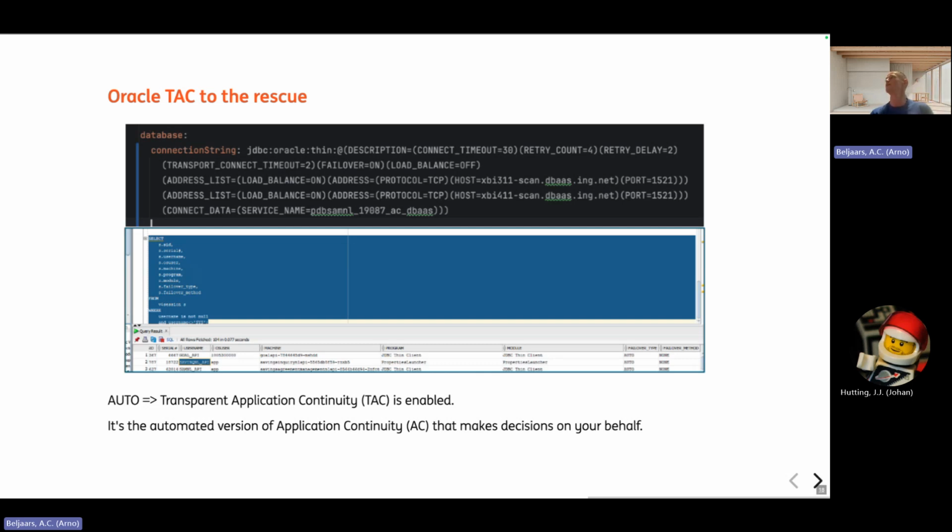Oracle DBaaS, we have database as a service here at ING. And for normal databases that are deployed, and we have multiple data centers in place, you can see that if it's configured correctly, then this auto value is stored over here. And that means that transparent application continuity is enabled. And basically that means that if one data center is not available, Oracle takes care of it, so that your connection will switch to the other data center. At the application level, you don't need to do anything for it,